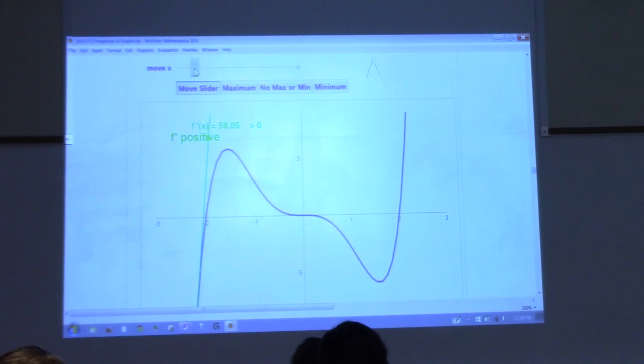What I want you to notice, remember we were talking about the difference quotient and how it gives you the slope of that line? Notice that I'm increasing over here, aren't I? Let me take that back out of there. That part that you would say is increasing is all of this, yes? And if I put a tangent line anywhere on that graph, notice that the slope of that line is positive. When I get to the top,